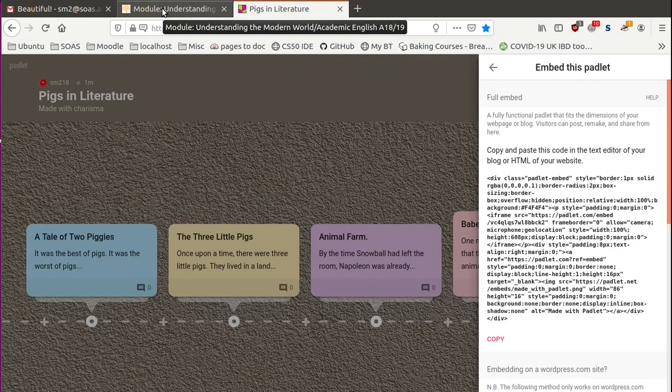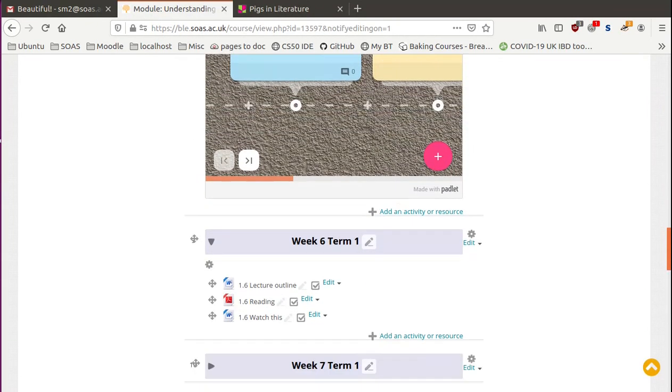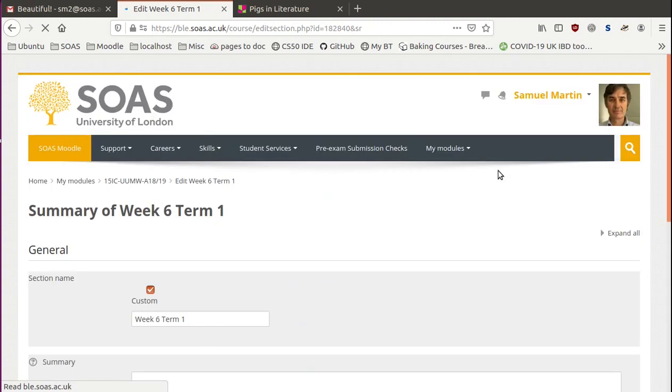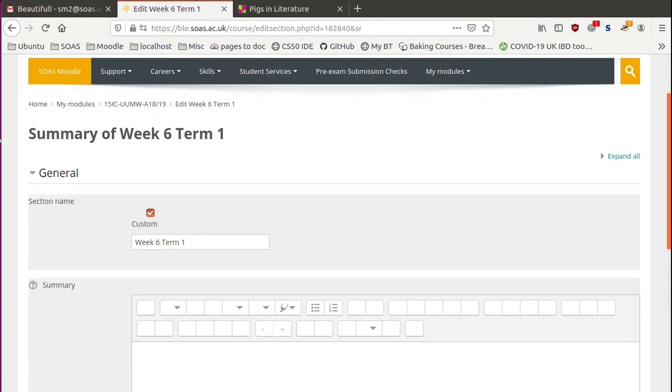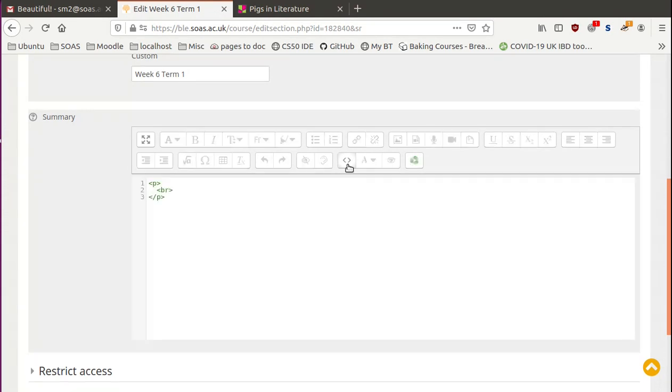So we'll come back to our Moodle class. I scroll down, there's the one that we looked at, and here's week 6, term 1, where we decided to put one. I'm going to click Edit for that section, and then it's simply a matter of pasting that code into the HTML editor. So here's our standard editor, and if we click this button it allows us to use